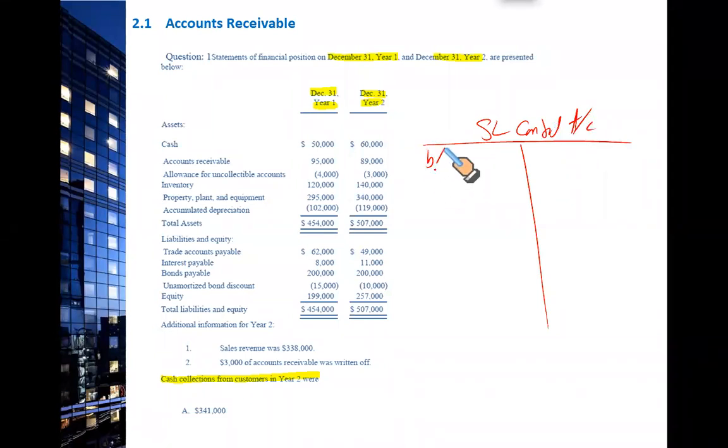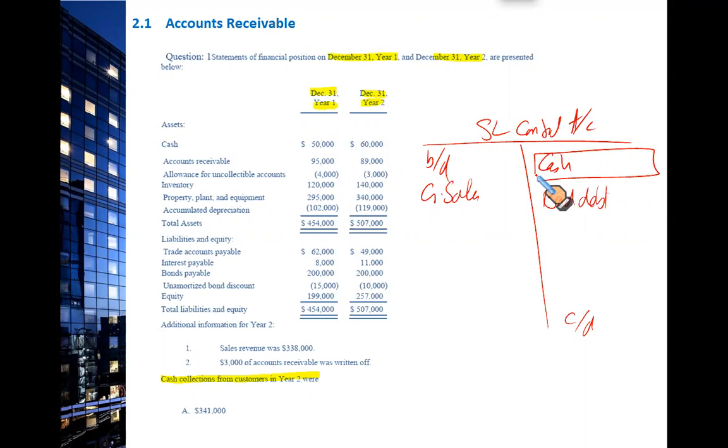We need to put in the opening balance, put in the closing balance, and any credit sale you put here. You won't find refunds, etc. here. It's a pretty straightforward question. Any amount you collect will come here, or any bad debt written off will come here. I'm only taking those that are there in this question, so save time. I want to find how much cash has been collected from the customers.